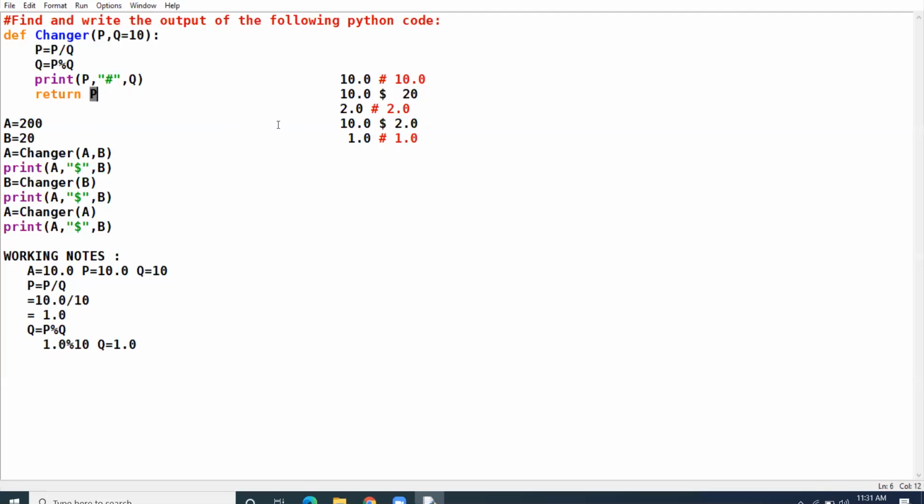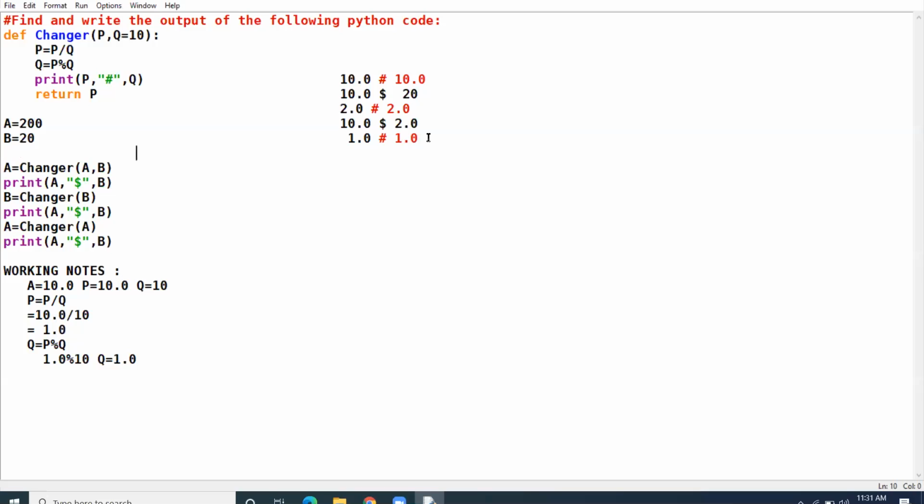Return P. P is 1.0. 1.0 has been returned and stored in the variable A. So A becomes 1.0 and B will take the previous value, that is 2.0. Is the complete question clear? Any queries, any doubt?